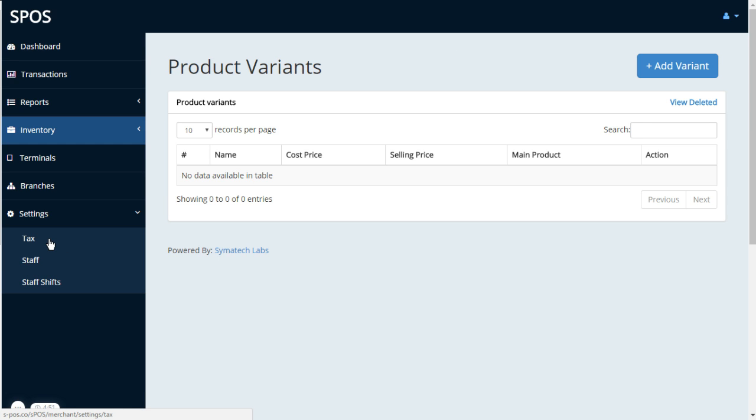In the last video, we saw how you can set tax system, VAT, catering levy, and all the other different taxes. You can add and remove stuff. You can edit the different staff shifts that you have. We also talked about branches. That is, if you have more than one shop for the same business in different locations, you can be able